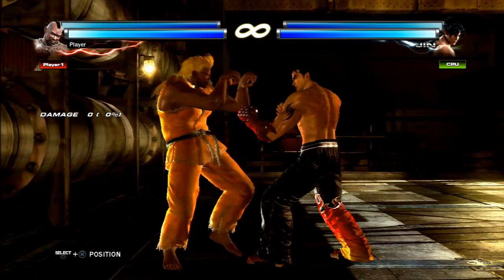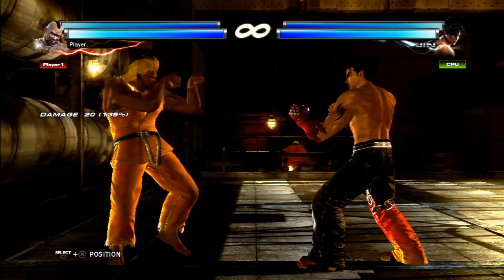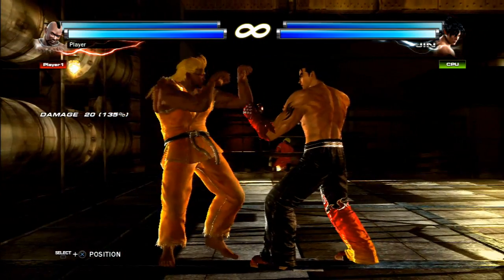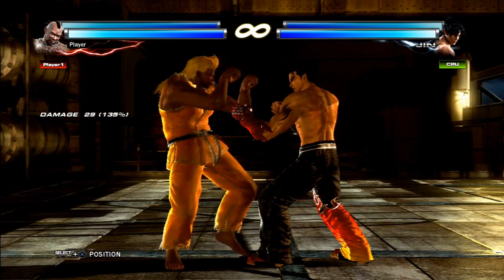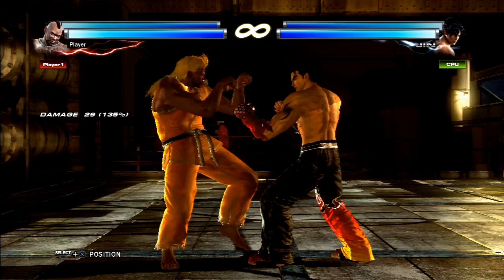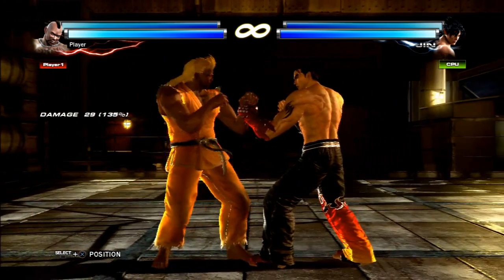Anyway, this is why I have Bruce here. Down forward 4 transitions into his Muay Thai stance. Muay Thai stance is like a new feature of his. I don't know if it's new as of this game or if it was first introduced in Tekken 6, because it's honestly been a while since I played Tekken 6. But anyway,